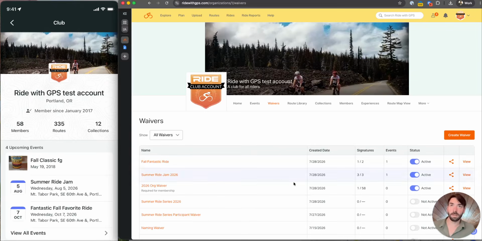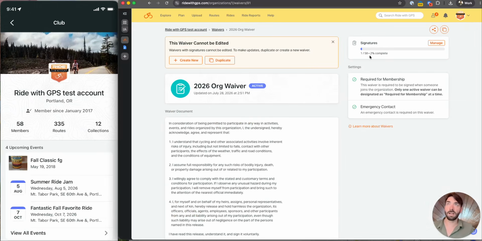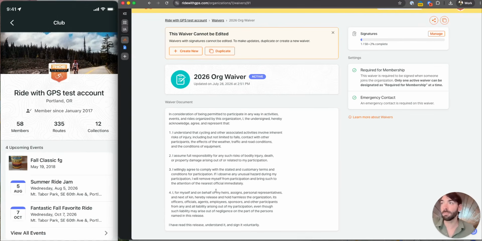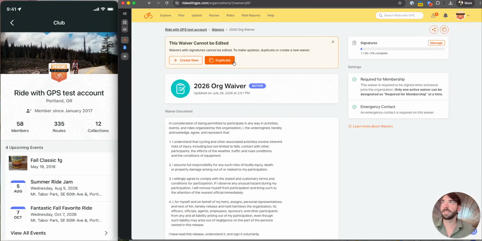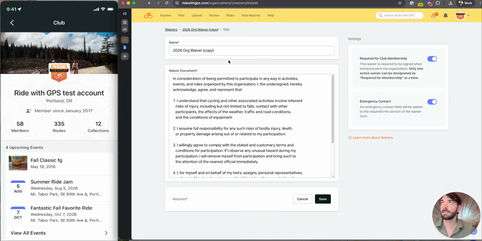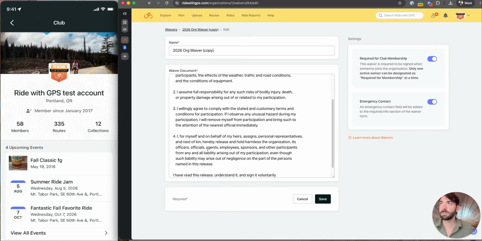Okay, so what about org waivers? We talked about this a minute ago. I already had this one right here. It's signed. I got people already on it. What do I do next? Well, I need to update this thing. I misspelled the word myself on here. So I might be going in here and viewing this. Okay, I'm going to duplicate this. I get an immediately copied text. I can go find the misspelled word, and